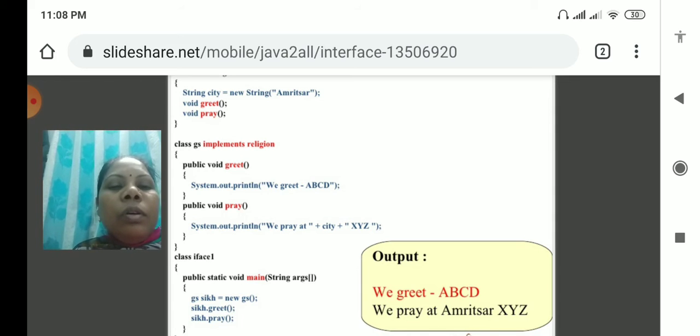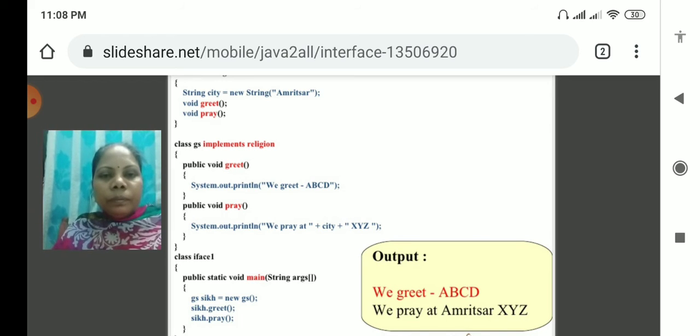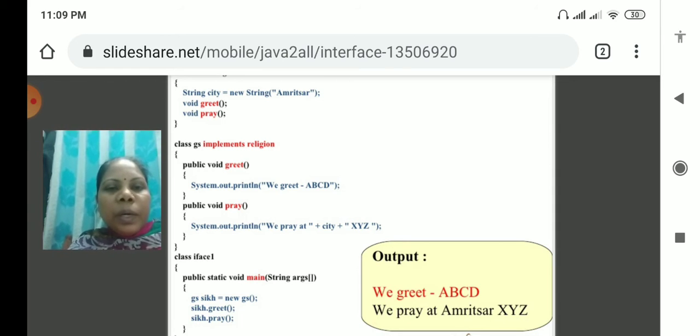So for the object creation, we need one more class here, because we are creating an object in public static void main. Here I am taking the class name and public static void main. The class name is GS.